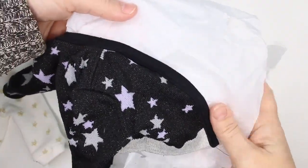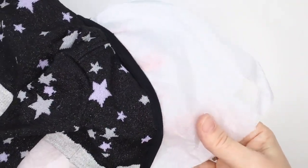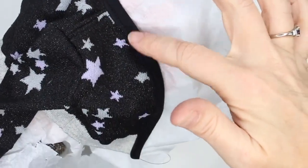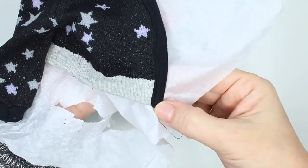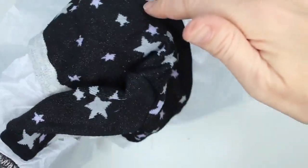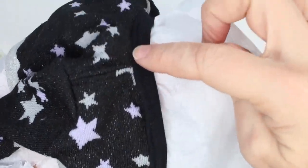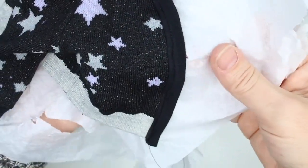So here we have this. You can see I have tissue paper. I started at the center back neckline and sewed down on top of this down to the waistline. It's easier to start here where I have fabric to grab the feed dogs in both directions and then sew down. So you can see I have a nice little top stitch right in there, and then I